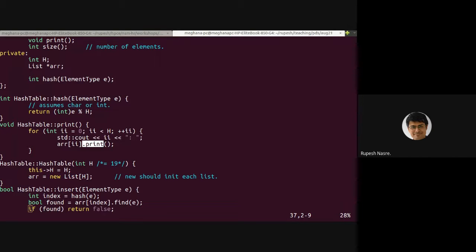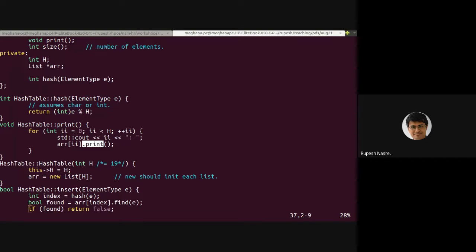This is also very nice that we are making use of the data structure which we have already created. So now our list data structure is providing service to our hash table, and hash table becomes a client of list. In a similar manner, if somebody starts using our hash table, then hash table becomes a service, and the user who is using, or the program who is using hash table, that becomes the client.